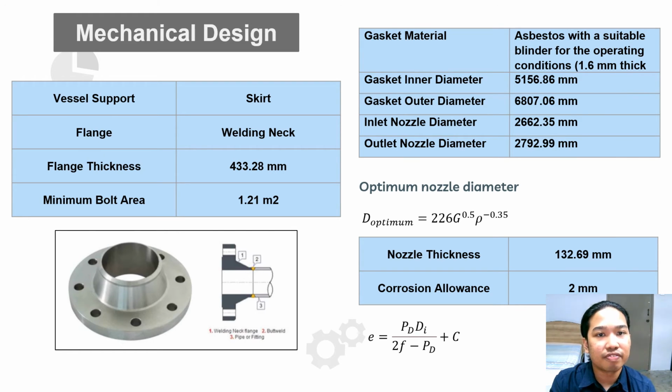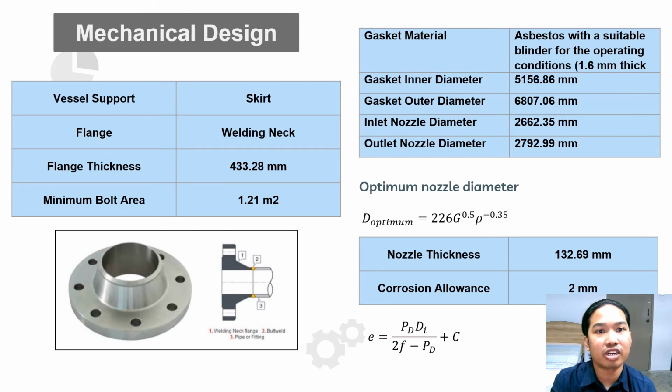For the gasket, asbestos with a suitable binder for the operating condition is chosen. By taking into account the gasket material parameter, which is asbestos, the gasket inner and outer diameters are calculated. The nozzle diameter was also calculated based on the formula. By using the inlet flow and the outlet flow with their respective densities, we can get the nozzle diameter. And finally, the value that we get is 2662.35 mm for the inlet nozzle diameter,